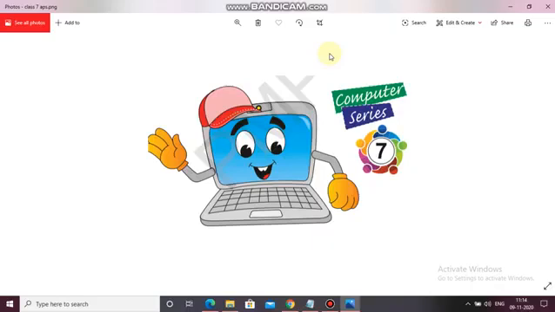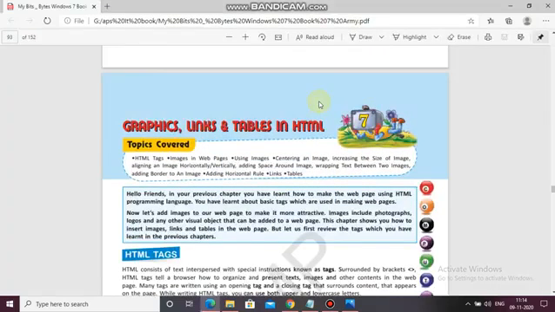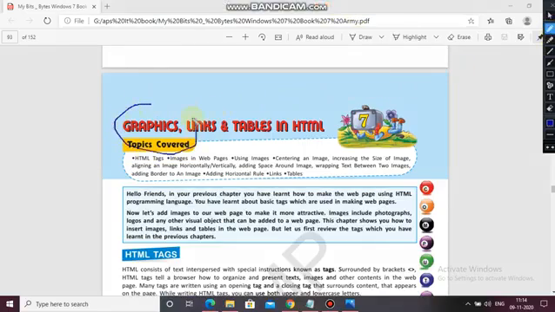So coming to the textbook: graphics, links and tables in HTML. Here you can see these three topics: graphics, links and tables in HTML.